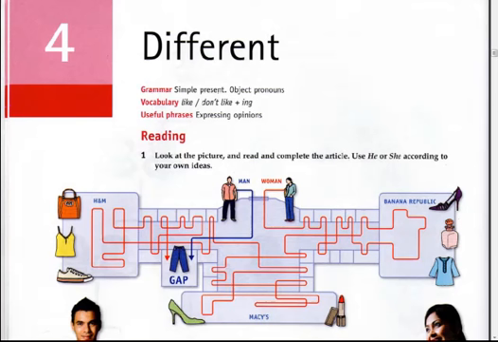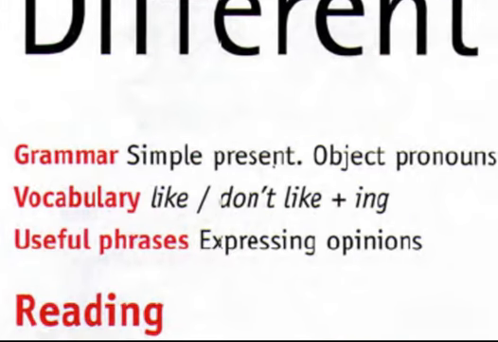Hello, this is our first lesson starting from Unit 4 from the book New Inside Out Elementary, the American version. We're going to start from Unit 4, titled Different. In this unit, we're going to learn grammar. We're going to learn the simple present and object pronouns,